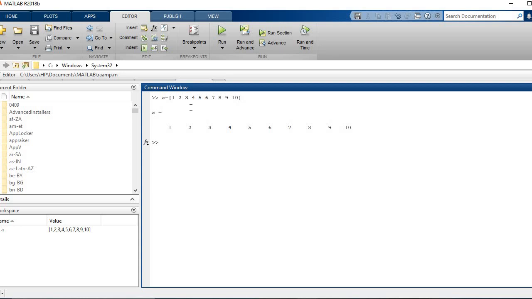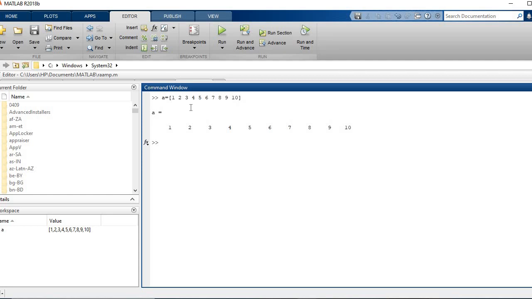So for example, first we will discuss where it is used. The colon operator is used for defining an array where each subsequent data element is at a constant increment from the previous one. For example, 1, 3, 5, 7, 9.